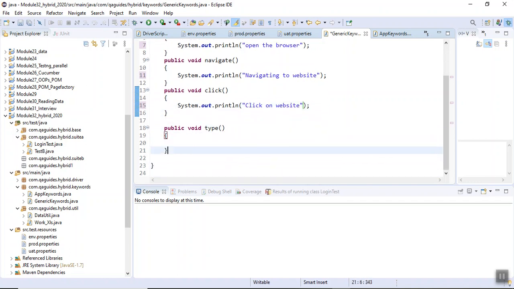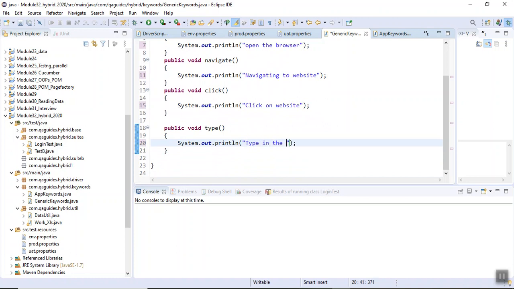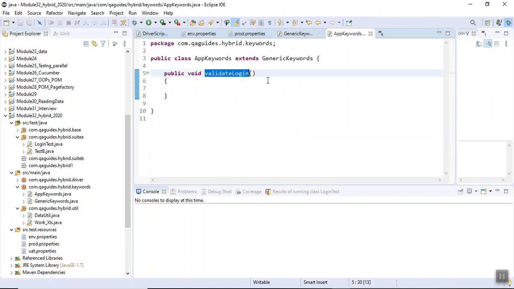Okay, and whatever, type in the site. Okay, and what I do here, I go here and write validate login. Fine. So now let's go and run your login test case.